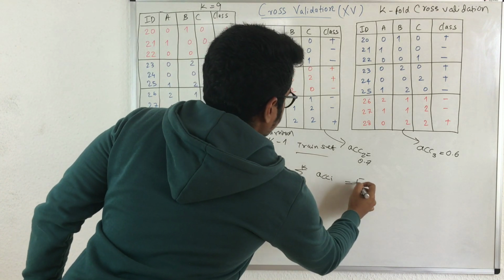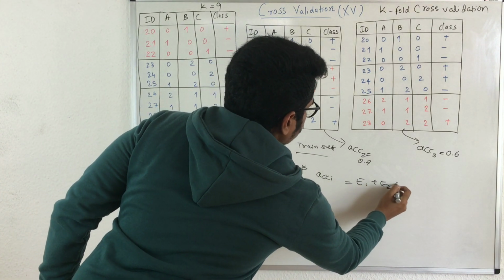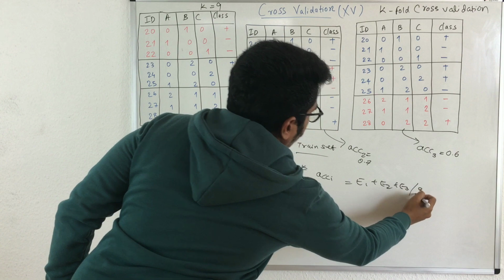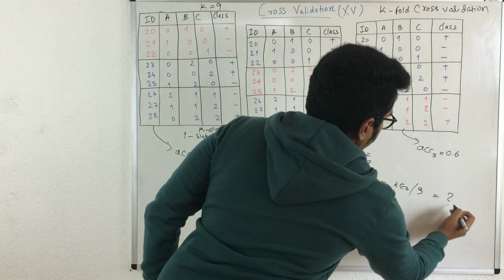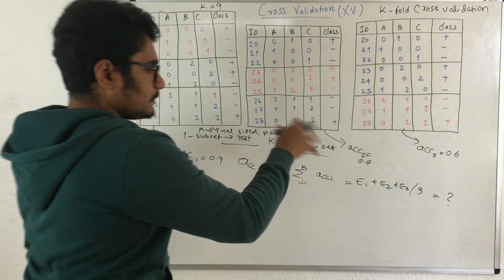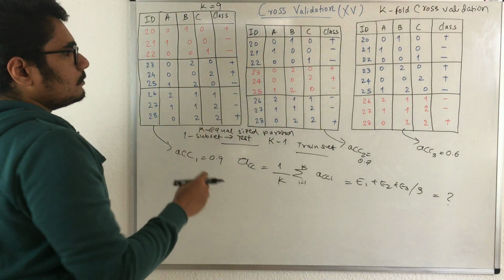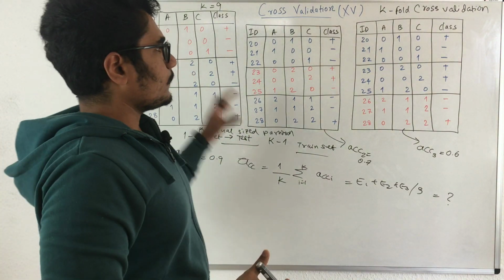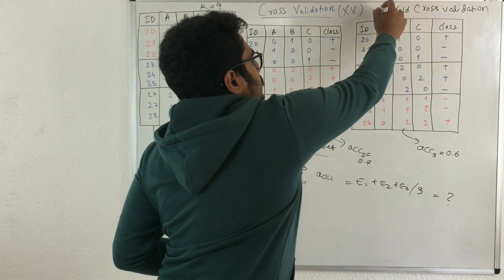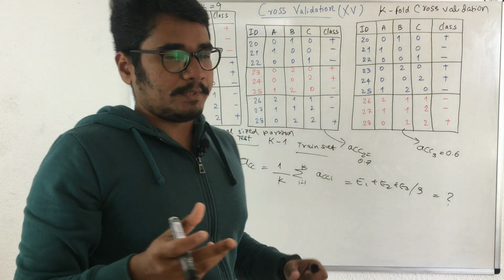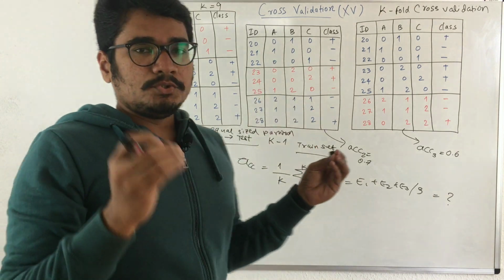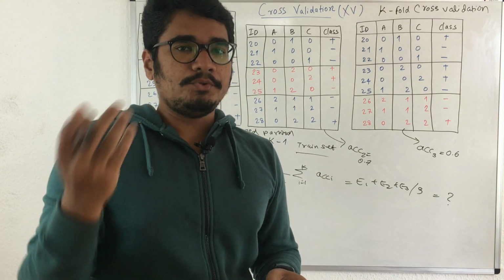So you get the average of this, that is E1 plus E2 plus E3, similarly to how we did in random subsampling, and you get some estimate. So this is how the approach works. Now the main thing is that you need to tune the hyperparameters. So k-fold cross validation mainly selects the hyperparameter. With this approach you get some hyperparameter. Now you need to tune it.